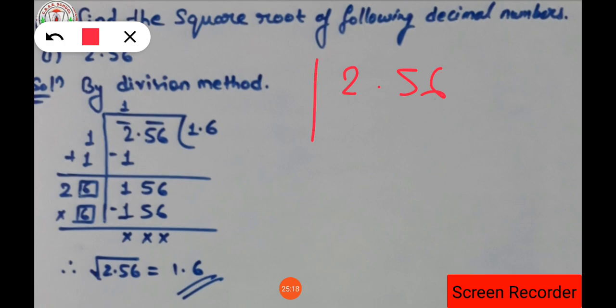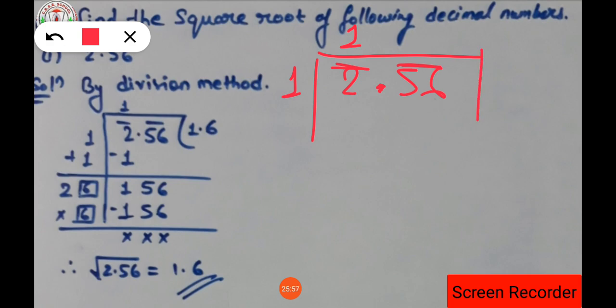So what number are we having in the form of decimal? 2.56 we are having, isn't it? So what is our first step? Our first step is to make the pairs of the number starting from the right hand side. So 56 is the first pair, and 2 is the individual number, so it will remain as it is. So we have to think of a number that will be multiplied by itself to get either exactly 2 or smaller than 2. So 1 we will consider, because 2 into 2 is 4 and 4 is greater than 2, so we won't take 2.